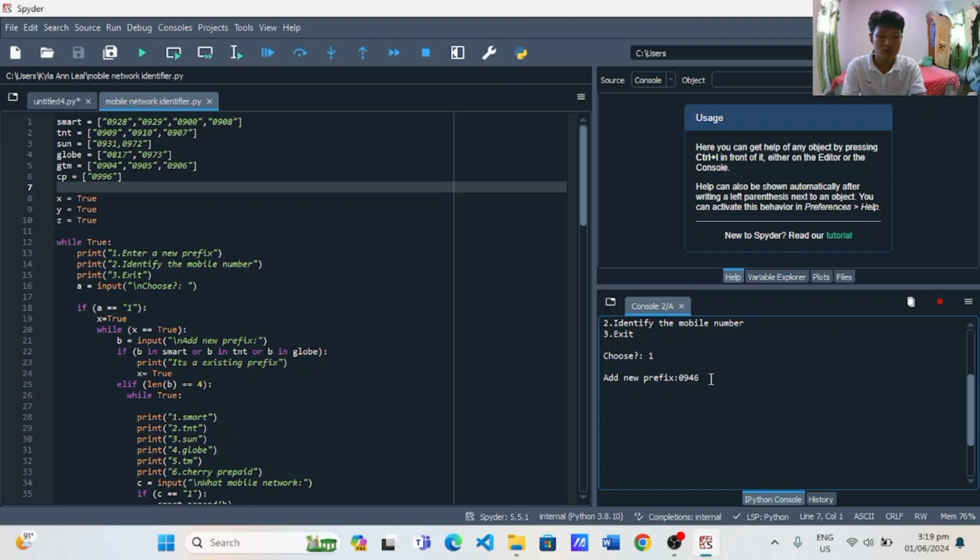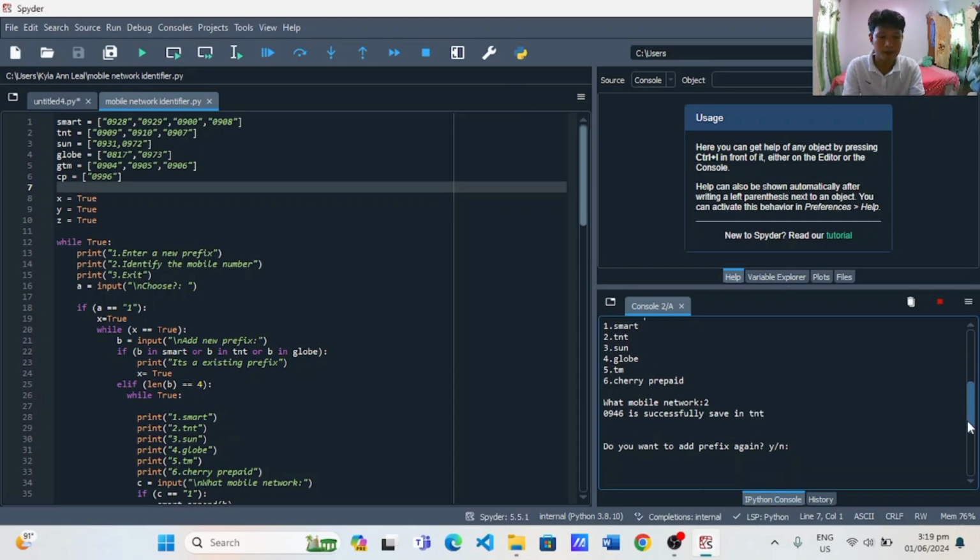So 0946, I press enter and it shows the different types of networks that we can assign to the inputted prefix. There are 6 different types of networks. So we choose number 2 and press enter.